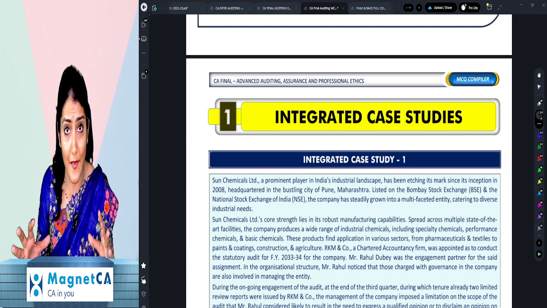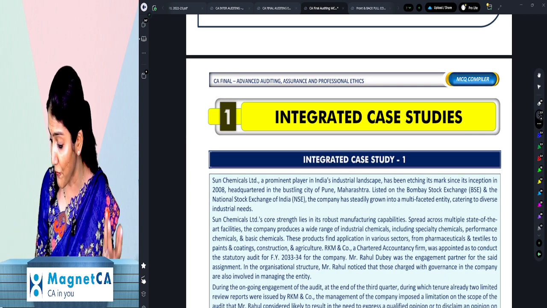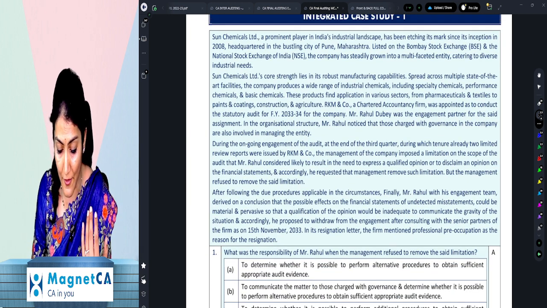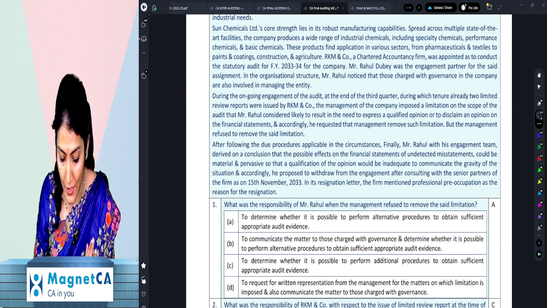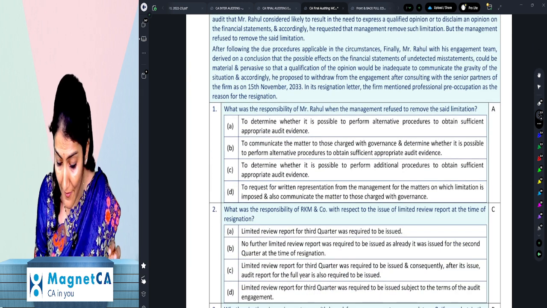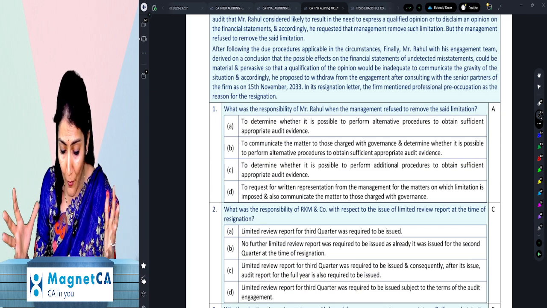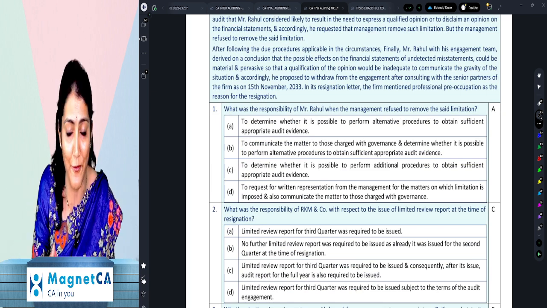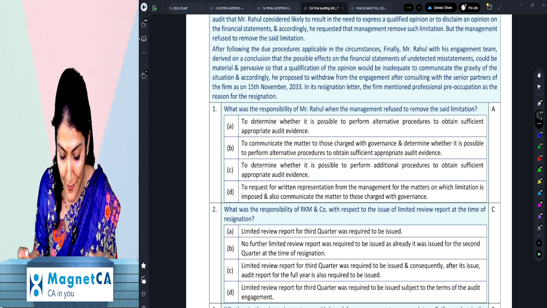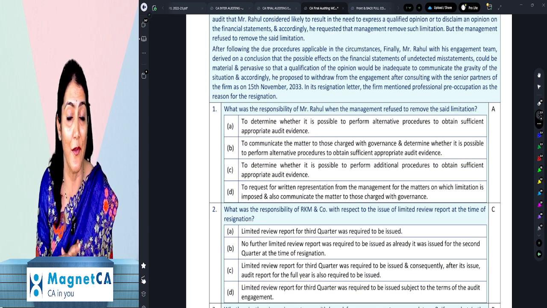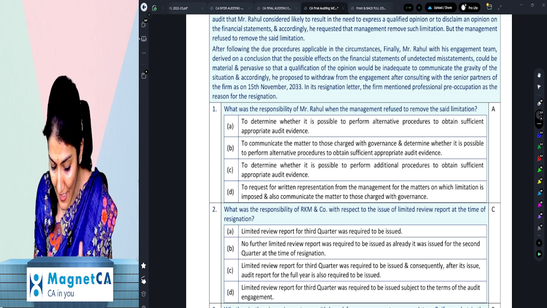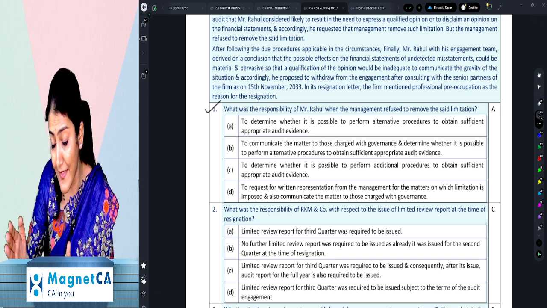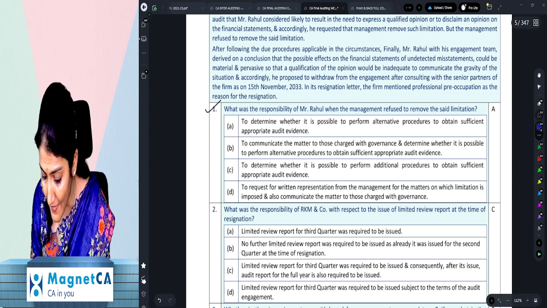It is a very simple, interactive format in which the content has been given. You see the content of the first integrated case study over there. Very simple colors, not much decoration. At first I thought the book could come more to life with all of that, but then I realized no, the content and the simplicity make it more effective. Then you see the question, then the options, and immediately on the right hand side the answer has been given.